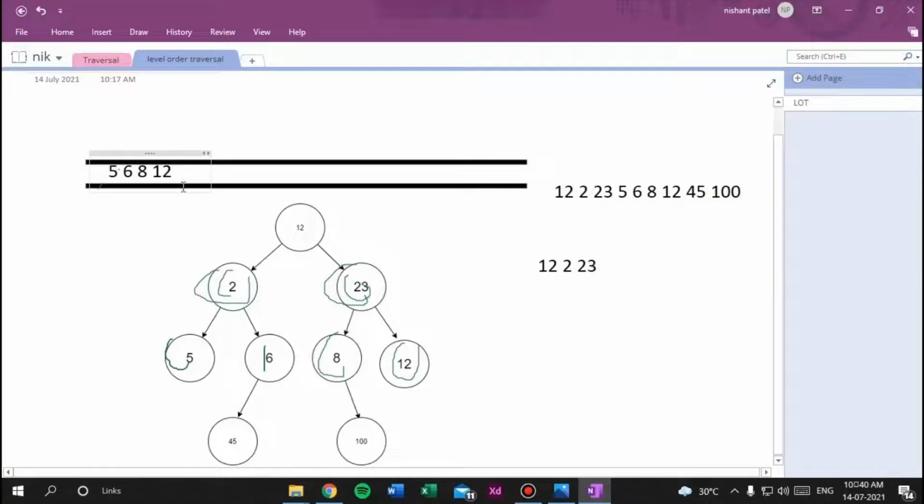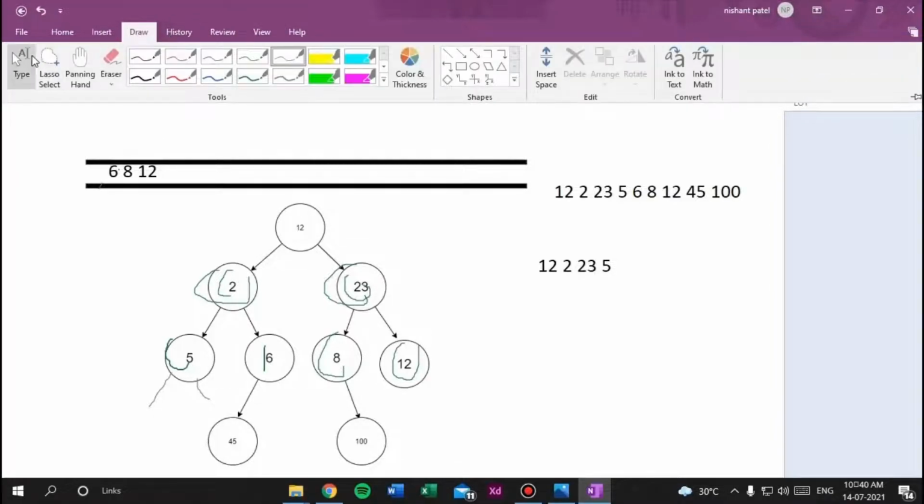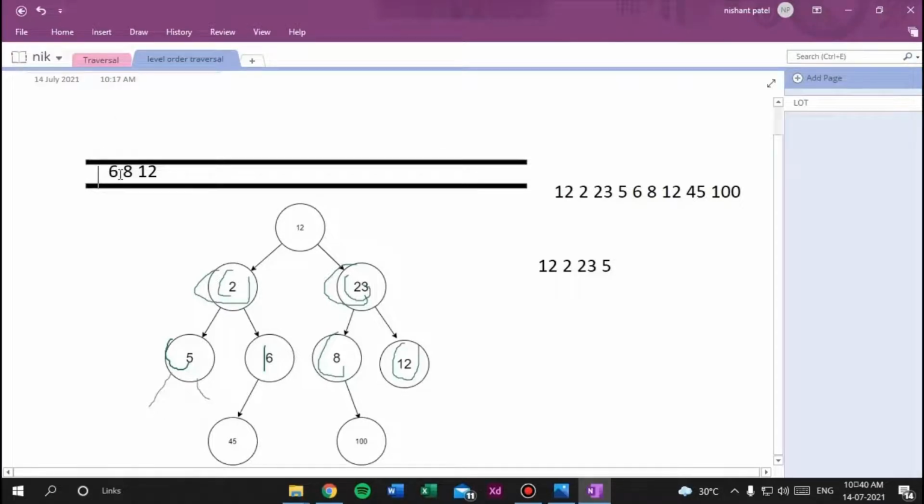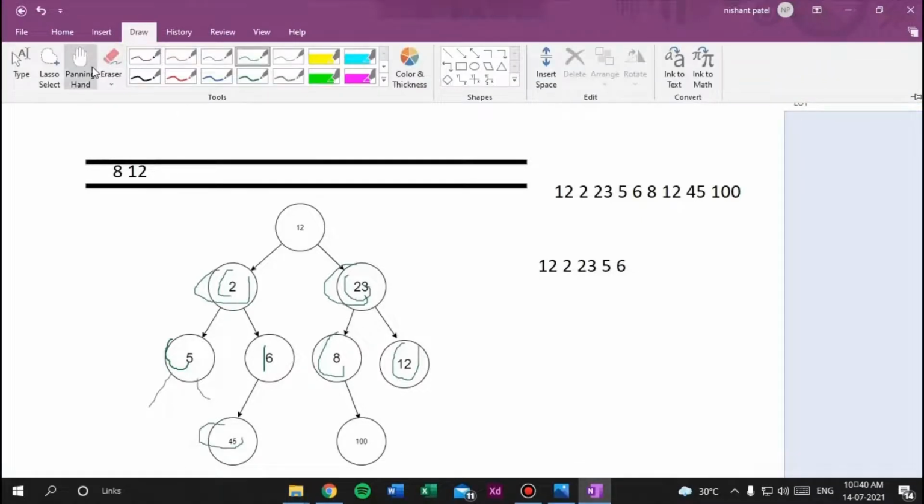Now we will remove 5 from the queue, add it into our answer, and check whether left and right are available or not. Left and right for 5 are both null, so we will do nothing and continue our process. Again we will remove 6 from the queue and add it into our answer list, and check the left and right of 6. Left is 45 but right is null, so we will simply add 45.